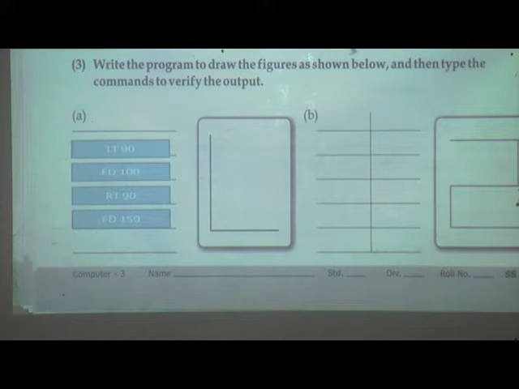Then in this second one we have to draw this S shape but in a square. How to draw it?